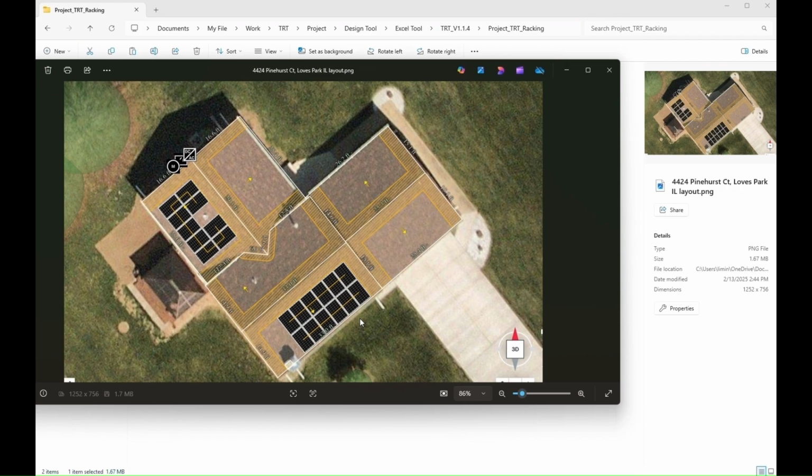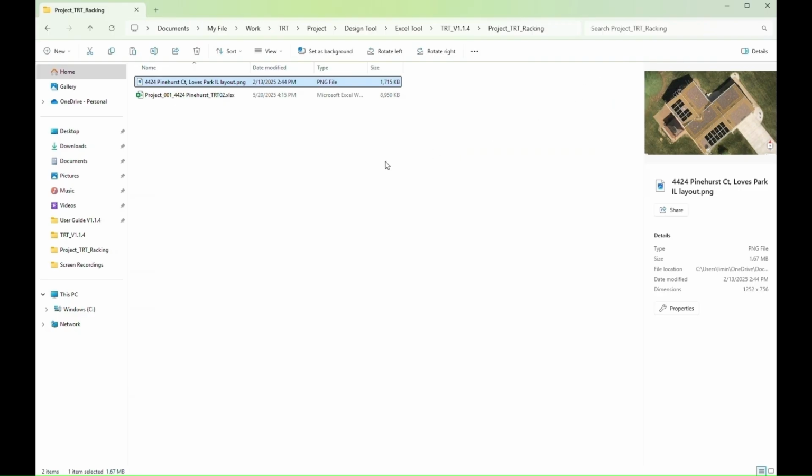This is the picture obtained from either a site survey or it's readily available from Google Maps and other third-party mapping applications. You can basically get an idea of the dimensions and the shape of the roof. And you copy the TRT BOM2 template into a project working file, using relevant information in the file name. And you can start